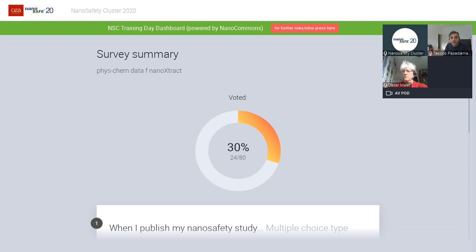I mean, quite a significant share of the people do include quite extensive physicochemical characterization data on the nanomaterials that they used in their study. They also provide TEM images, which is pretty common for primary size and shape information. And they also provide DLS or NTA or any other data for nanoparticle size and agglomeration in suspension. Slightly fewer people provide DLS data for all the relevant exposure media.